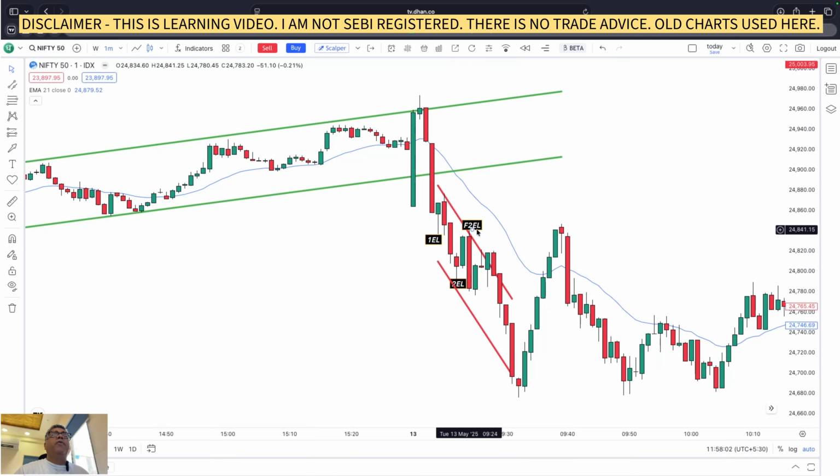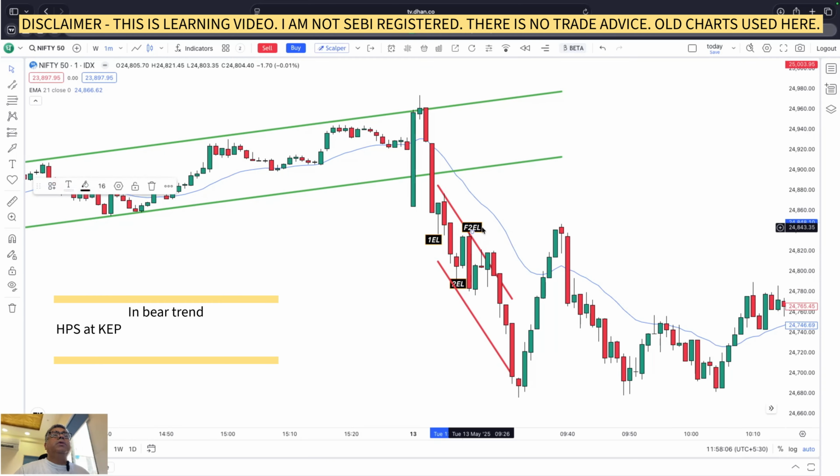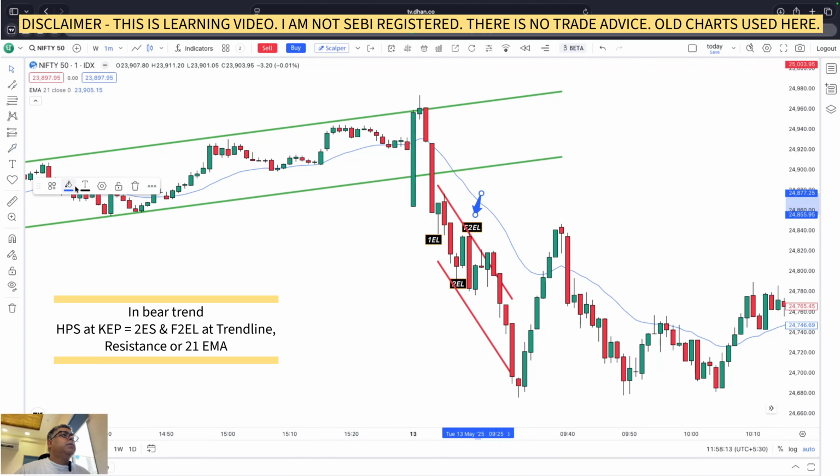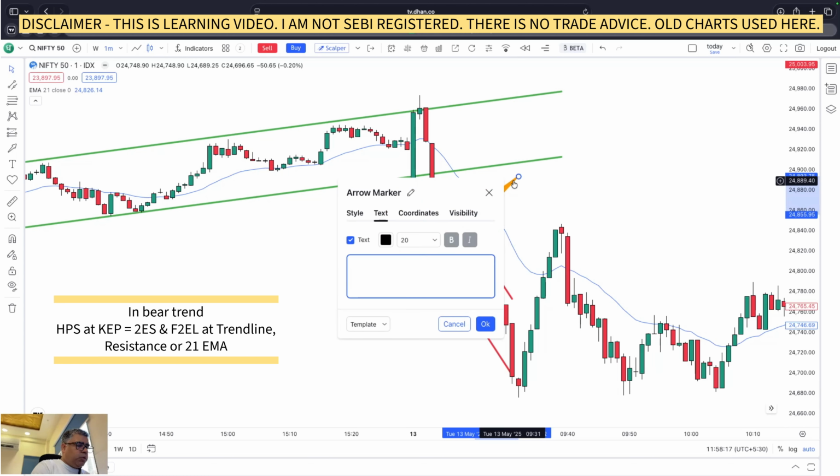We are especially looking for failed second entry long when the price is falling. So this is the high probability trade. We can mark it as HPS at KEP. Let me be quick. HPS at KEP equal to failed second entry long at trend line, which is the key entry point